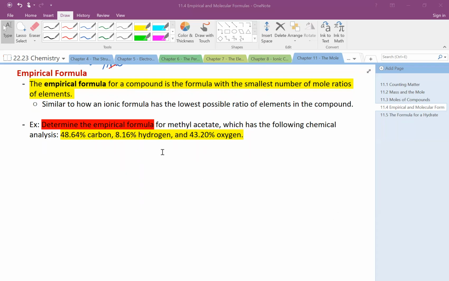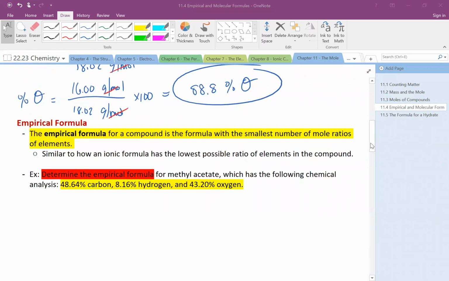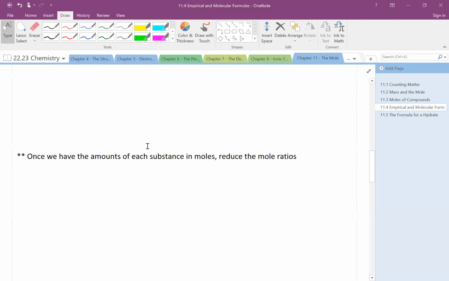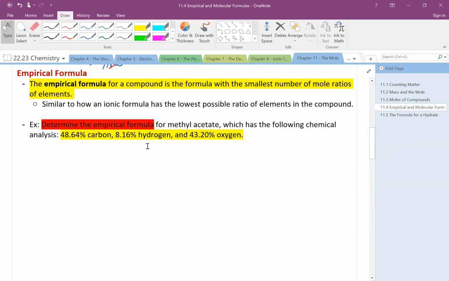And I would say you are maybe correct in an abstract term, but I want to direct your attention back up here. I didn't just choose a 100-gram sample just for fun. I chose a 100-gram sample because it made our percent calculations very easy. So let's go back to our example and let's make a valid assumption. Let's assume a 100-gram total sample. Then when we have this 100-gram total sample, if there's 100 grams in total,